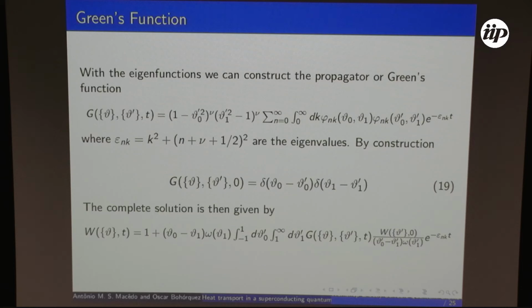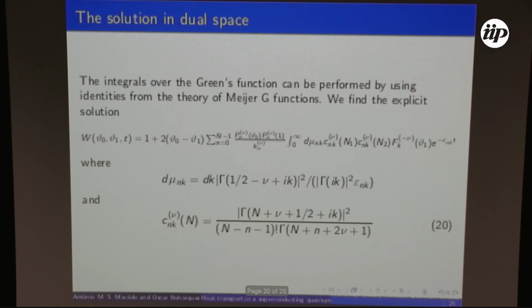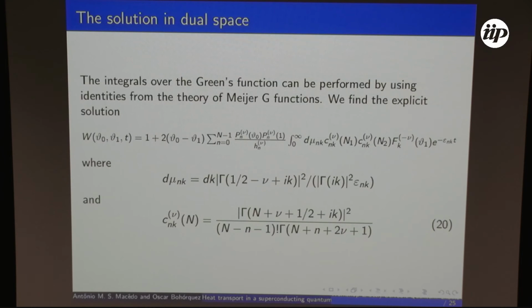But then, this is where the Meijer G functions come to your help. And that also gave us the idea of bringing in the Meijer G functions much earlier. Because at this point, we would already recognize, we write this in terms of Meijer G functions, and most of the difficulties in making the integrals will disappear. But since we didn't do it, we have to perform these calculations, and you can use a lot of identities from the theory of Meijer G functions, and here's the explicit solution.